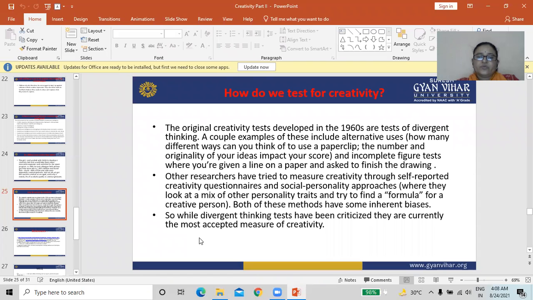Both of these methods have some inheritance basis. So, while divergent thinking tests have been criticized, they are currently the most accepted measure of creativity.